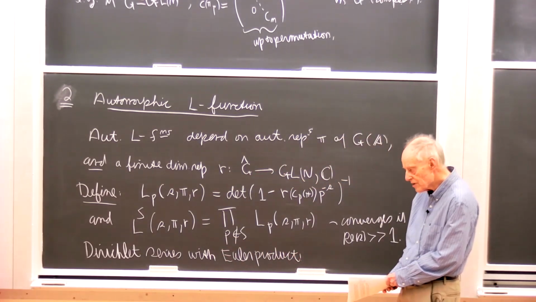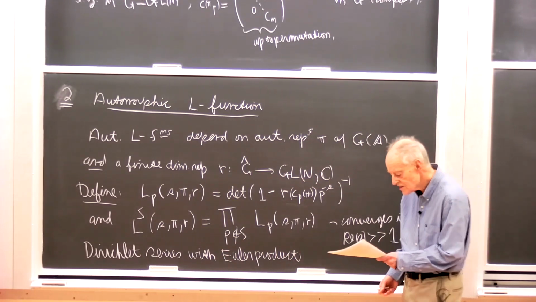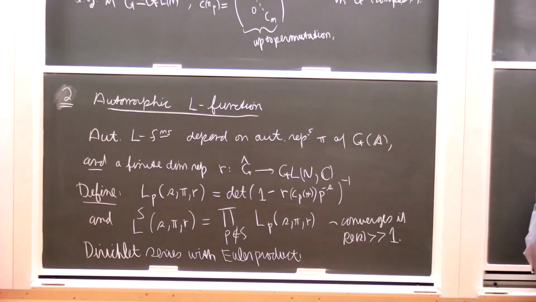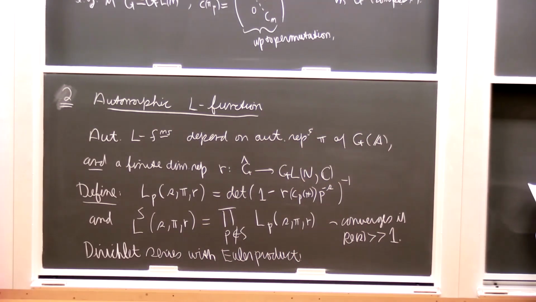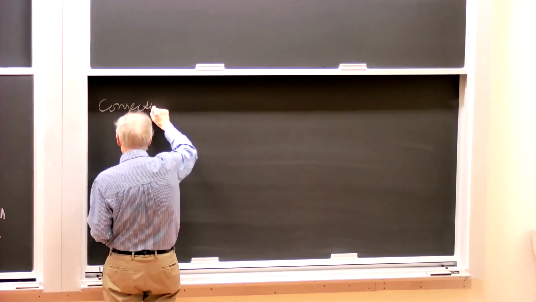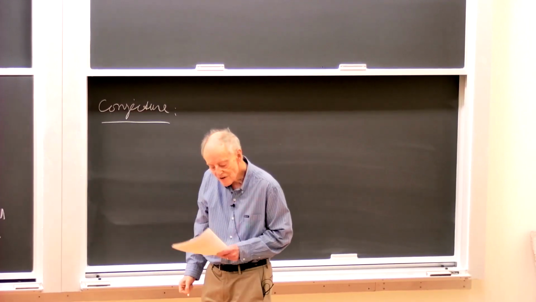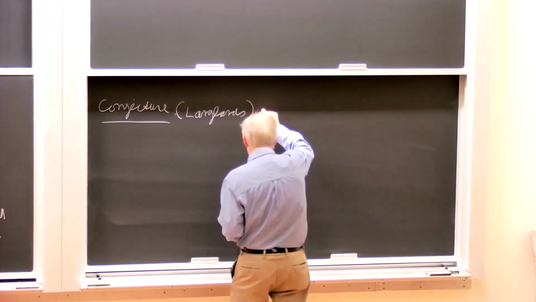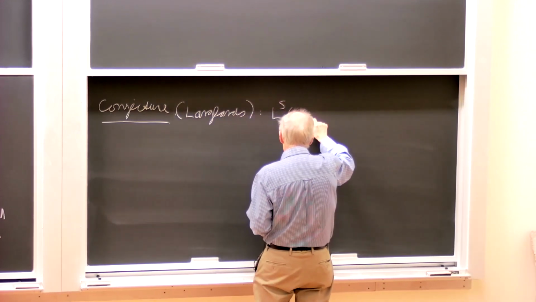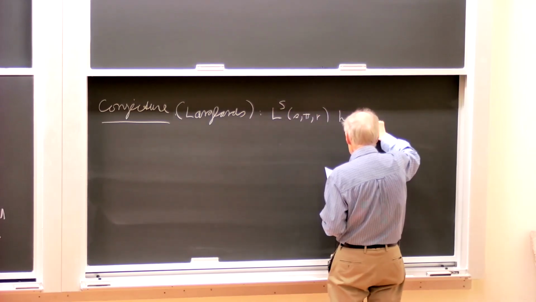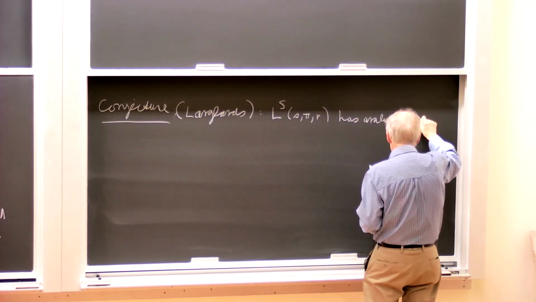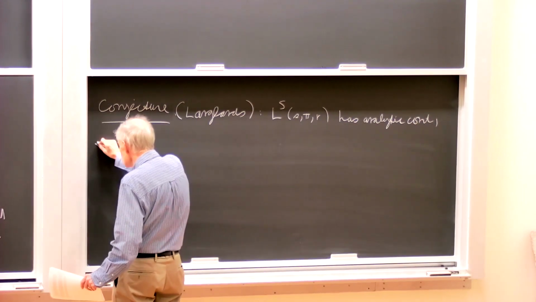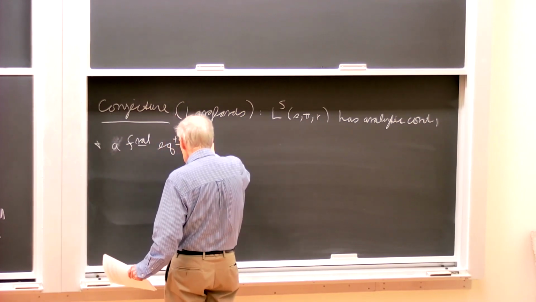Okay, and this, if I'm remembering correctly, was the first of Langlands' 7 questions, for which Langlands conjectured, and I guess I do it like this, a conjecture that is still far from known: that L^S(s, pi, r) has analytic continuation and a functional equation that relates